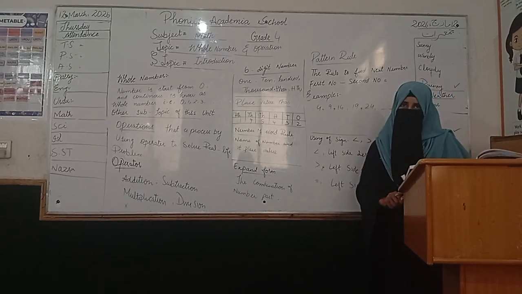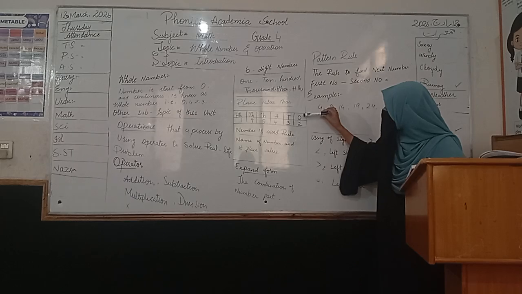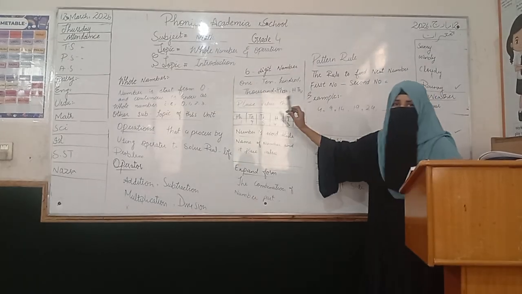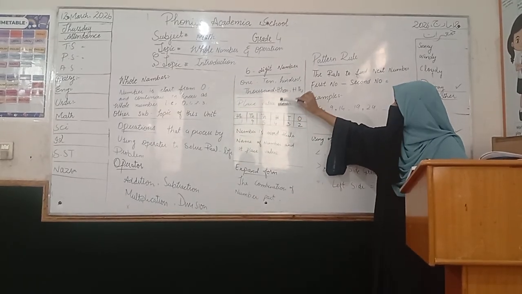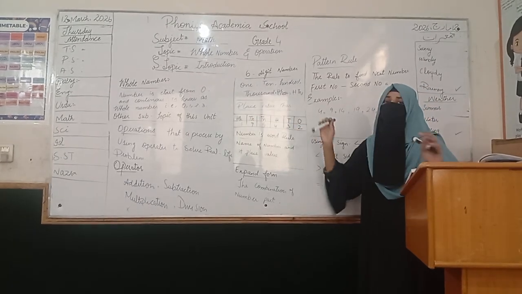Next is expanded form. The combination of the number parts. How many parts? 6 parts in a 6-digit number, and 6 values. When these parts are combined,